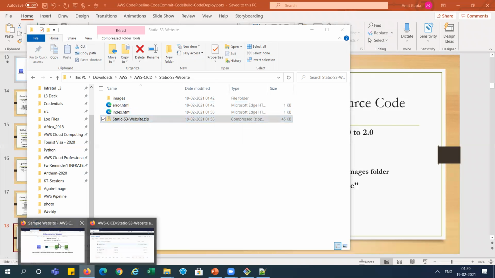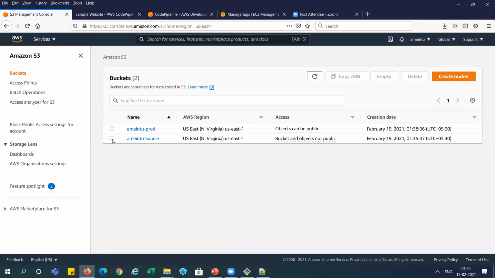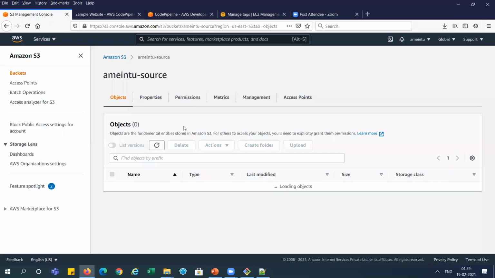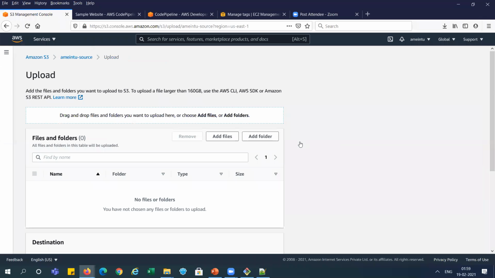So we are going to the S3 bucket. This is the source bucket, right? Now we are uploading it again. Upload, add file.